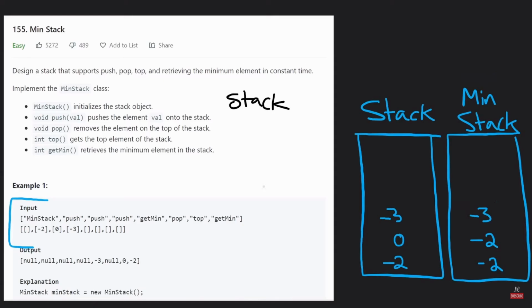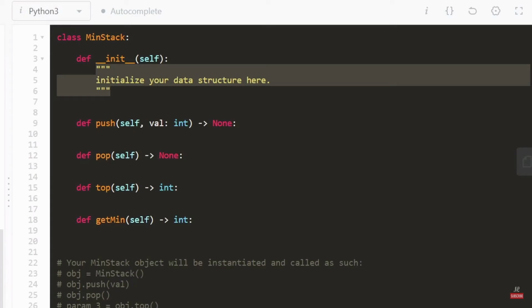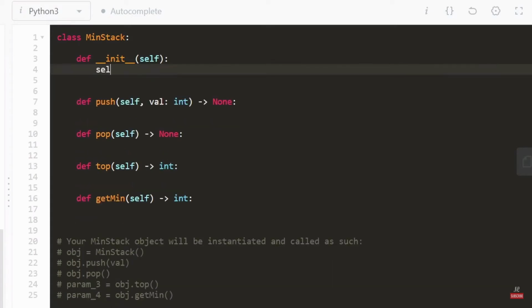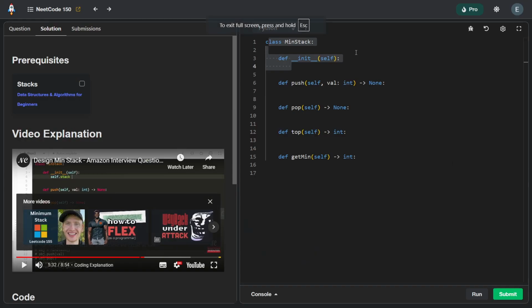So that is the main idea. It's a little tricky to actually come up with this, but once you do, it's very simple. So now let's actually jump into the code. Okay, so now let's get into the coding portion. So we know that we have to support 4 operations, and in our constructor, the first thing we're going to do is, since we know we're going to have 2 stacks, let's define those